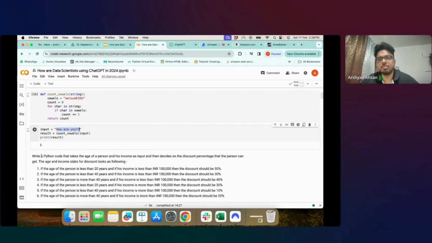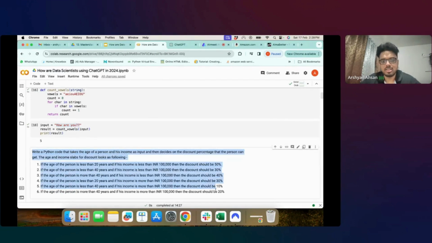So for our next example, what I'm going to do is give very custom requirements to ChatGPT: write a Python code that takes the age of a person and his income as input.